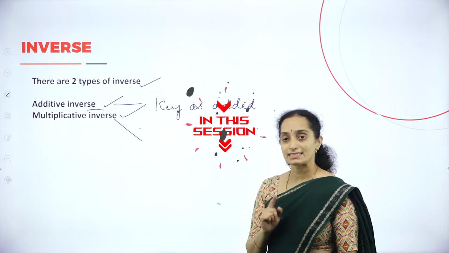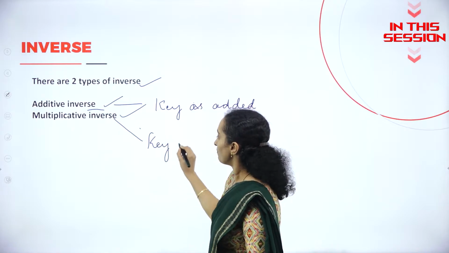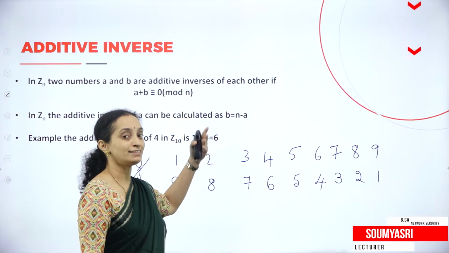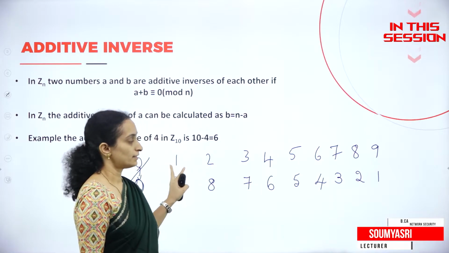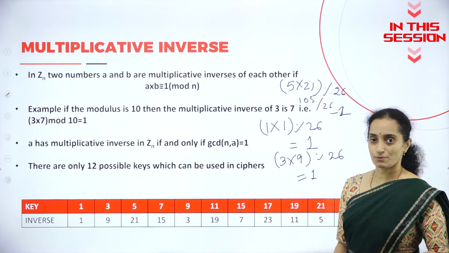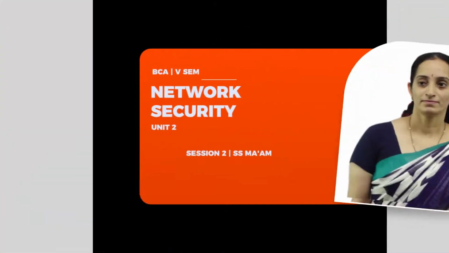Multiplicative inverse is generated when the key is multiplied. When you observe, both will become inverse as well as the encrypted code with the formula. Perform the modulus operation on this product, it will give you the remainder 1.